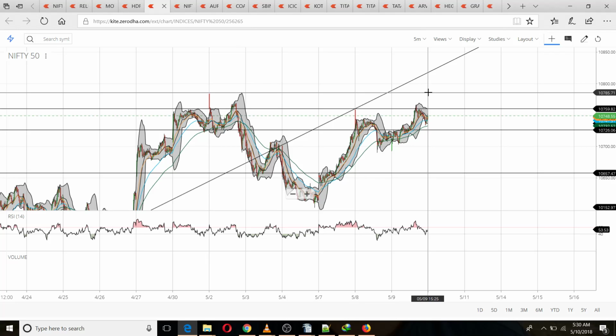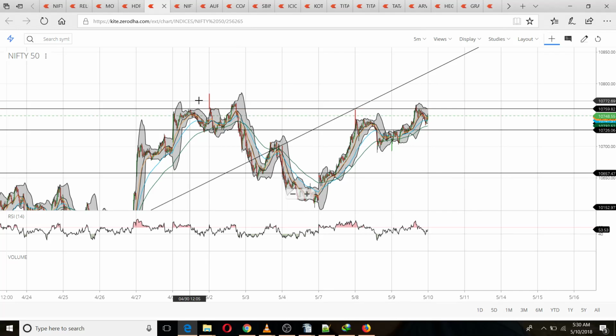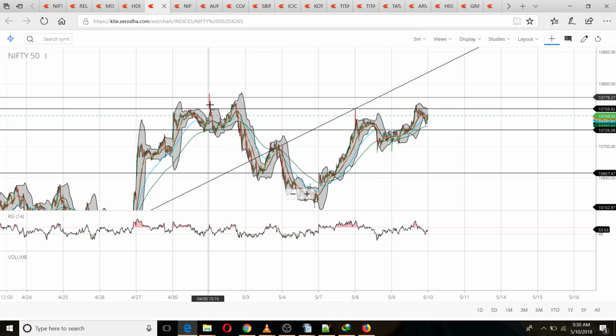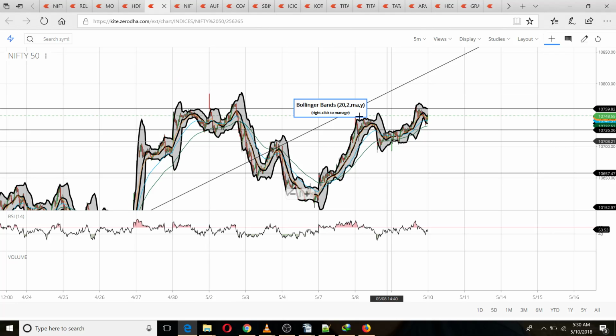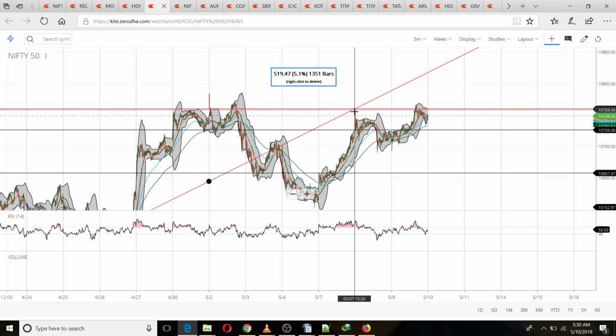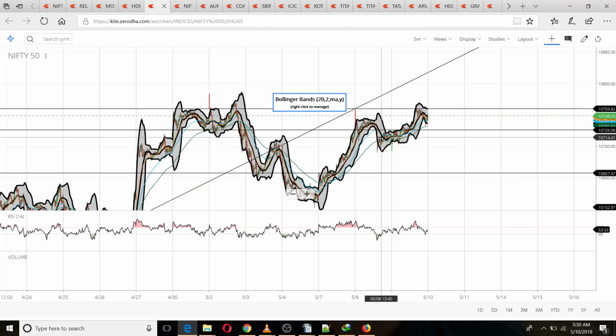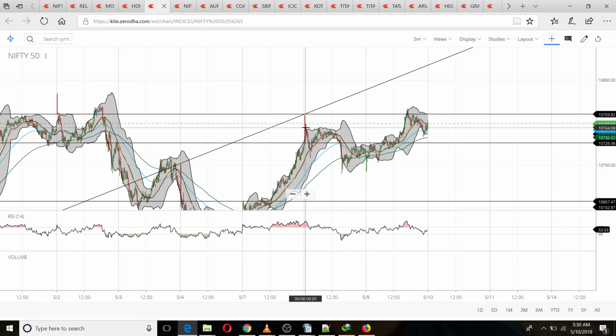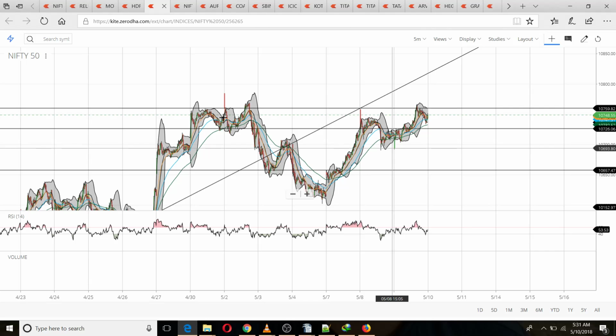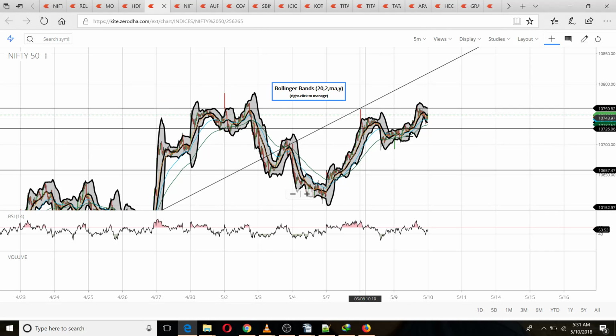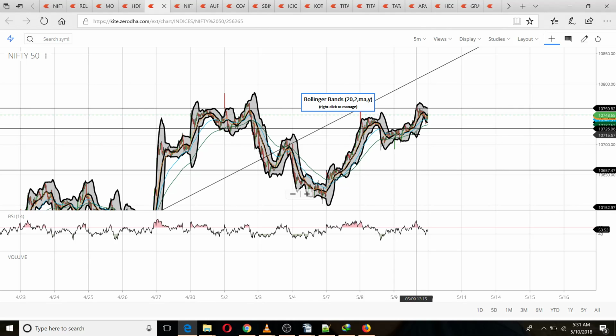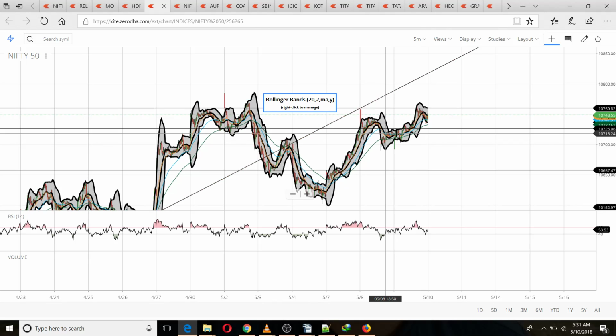And the sustaining is important because we reached here also at that point, right? But what happened? This was sold into, this was a big red candle. We tried to reach this level, but then a big red candle formed here. Now, this gap was bought into yesterday, and we have the formation complete. The chart has formed, this pattern has formed, but confirmation has yet not come.